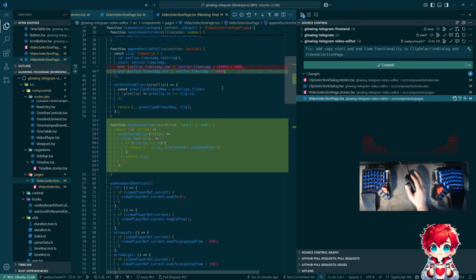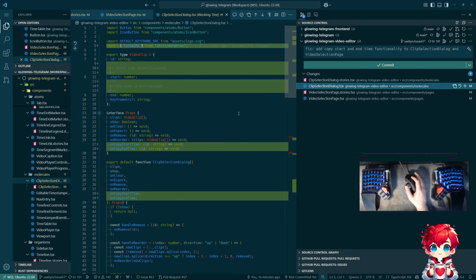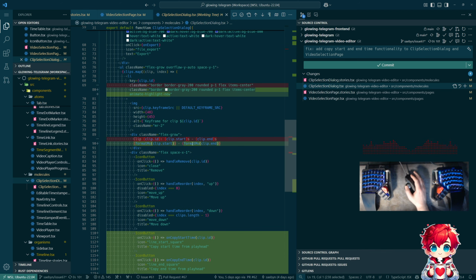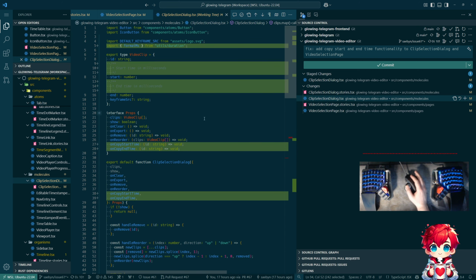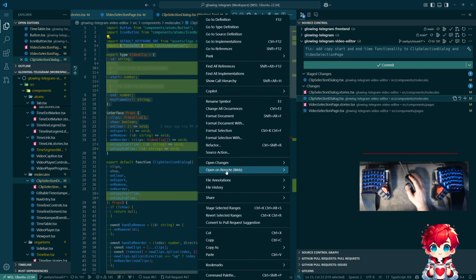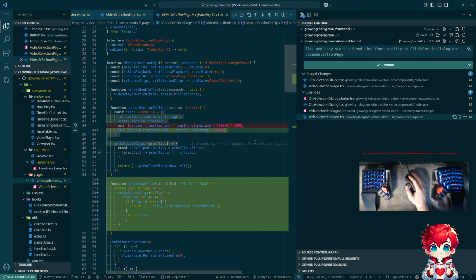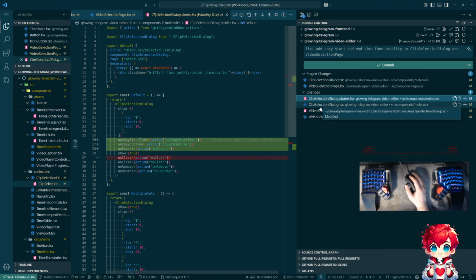one bit of functionality. There is one thing more mixed in here, which is changing the clip selection dialog from seconds to milliseconds. But that's possible to extract out, I think. We would want to take this and this. Yeah, okay, let's do it. We've gone this far. Why not go all the way. Just to see what that looks like. Right, so I don't think there are any other